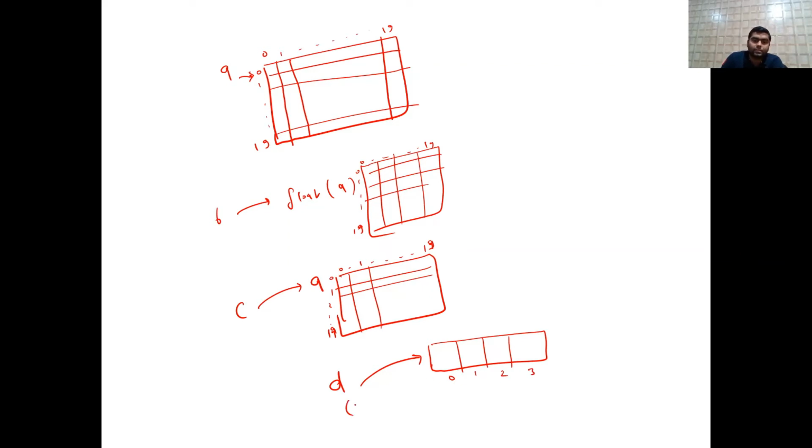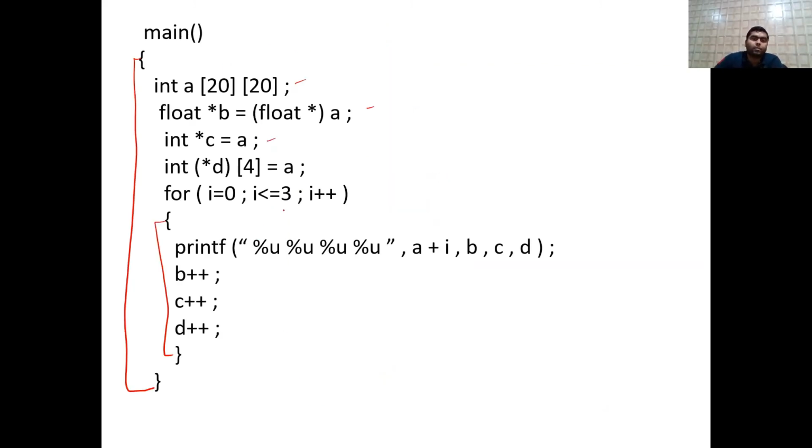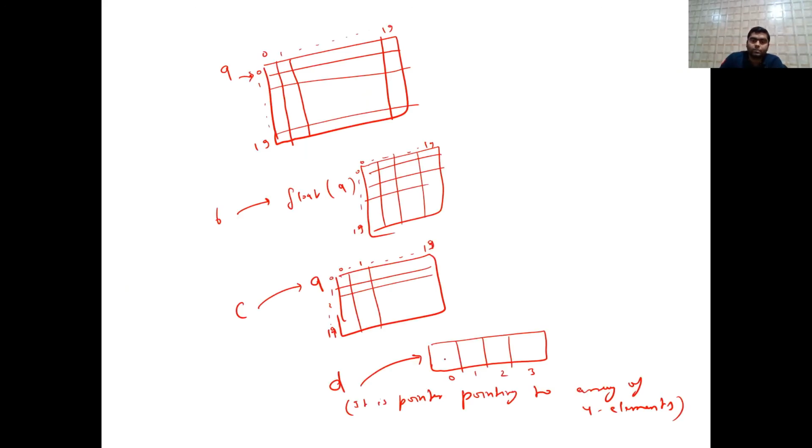So here in this case it is a pointer. It is a pointer pointing to an array of 4 elements. So I hope these diagrams are clear to you. Now come to the actual code. Okay, and it is also pointing to what? A. So it is pointing to A. Observe carefully. It is pointing to A. So this is what? This is A. And somewhere other things are also there, but it will point to the starting. So starting of 4. Now observe very carefully.